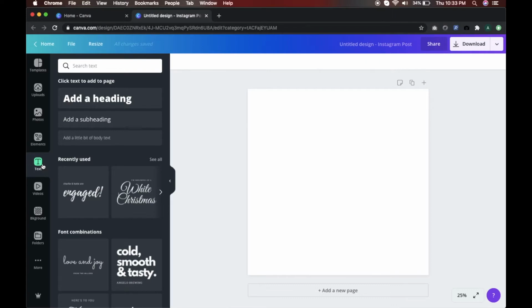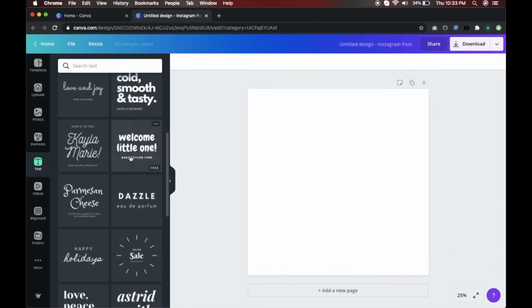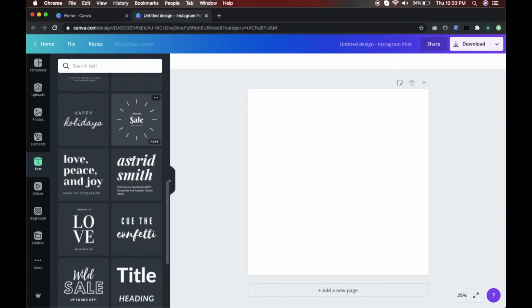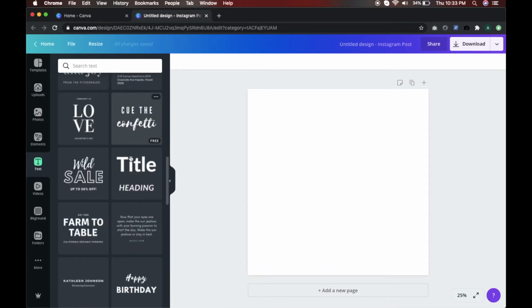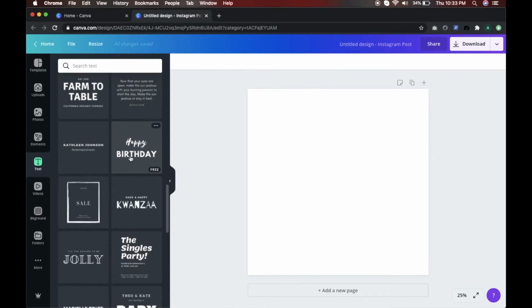So there are three by default sizes of text that are given: a heading, which is big and bold, then we have a subheading a little thinner than the first one, and a little body text, which is a normal paragraph text. Apart from that, you'll find that Canva has also given us certain pre-made templates that can be used as required, and they will come with different kind of font family sizes and styles.